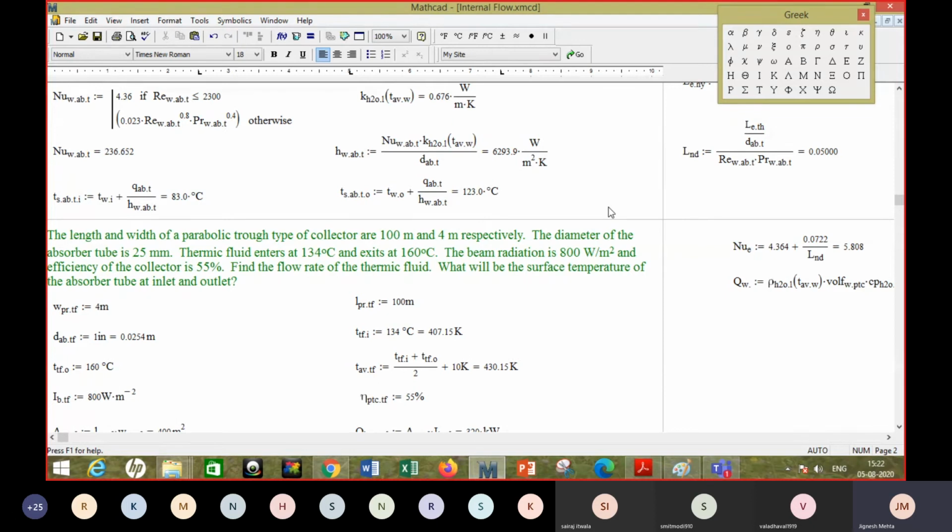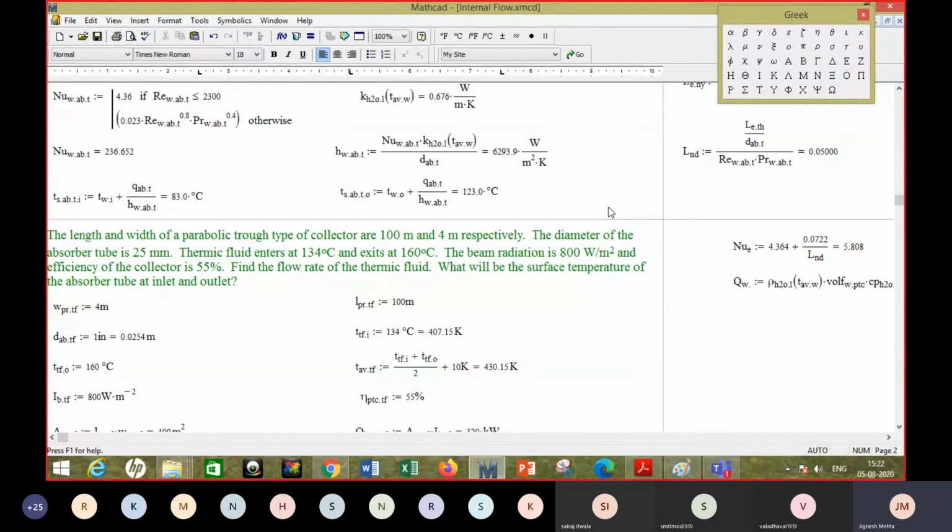And if the flow is fully developed throughout the length of the tube, right? If it is turbulent flow, you don't need to worry much about the entry length. It is just 10 times the diameter. So 10 times the diameter here will be just 250 millimeters, 25 centimeters, and the total length is 100 meters. So that 250 mm or 25 centimeters is nothing as compared to 100 meters. So if it is turbulent flow, you don't need to worry much about the entry length.